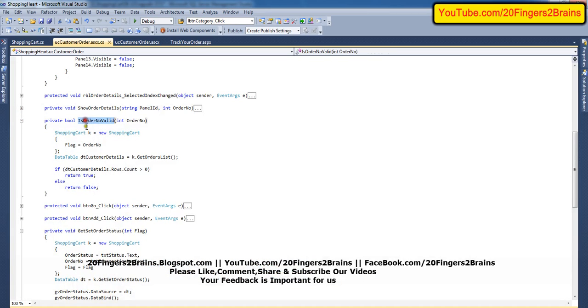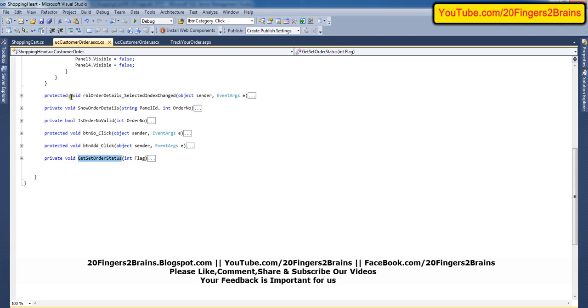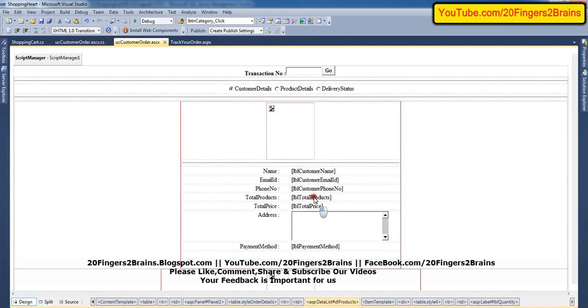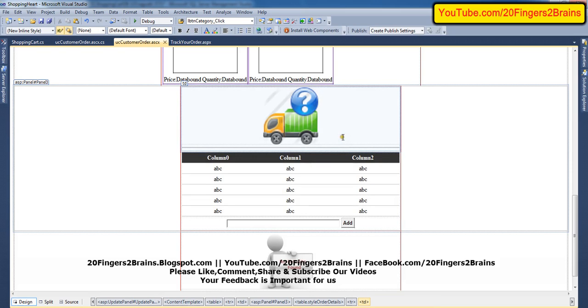Then we have discussed the method for is order number valid. Then we have the set order status, get set order status. Then there's a button to add an order status. It is a part of this delivery status panel. When the user clicks on the add button,